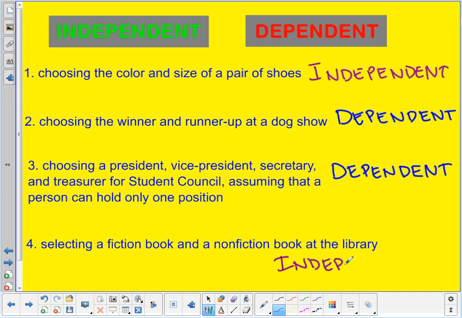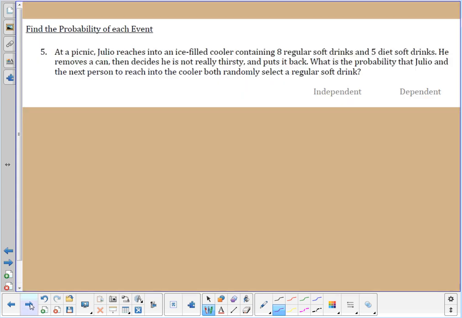Independent. Okay. So now let's practice actually calculating some of these probabilities where we want a couple things to happen at the same time. In number 5, it says at a picnic, Julio reaches into an ice-filled cooler containing 8 regular soft